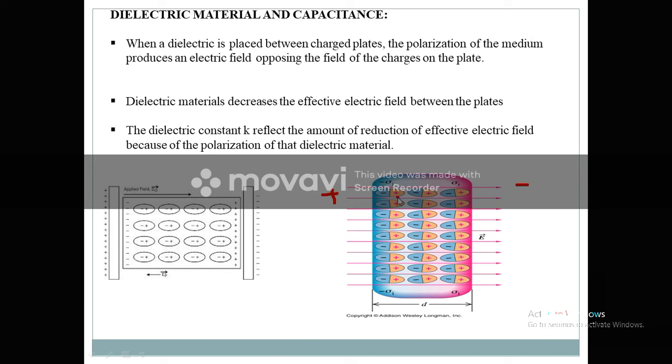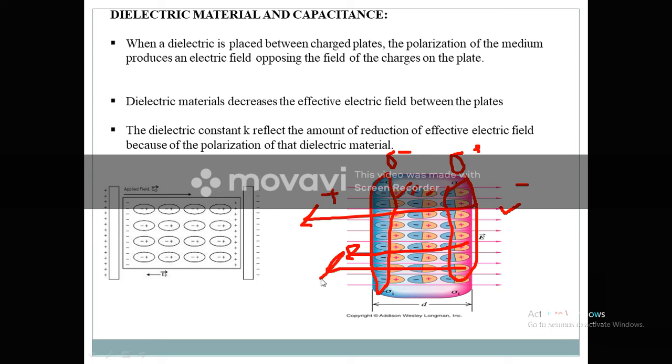The positive will be attracted by the negative and the negative will be attracted by the positive. So inside, this positive will be cancelled out with this negative, and on the leftmost side and the rightmost side of the dielectric we have a charge density. Here we have the positive charge density and here we have the negative charge density. So what does it mean? It means we have some internal field as well. This pink line was actually the external electric field, and these lines which I am drawing are the direction of the inside field, the internal field.